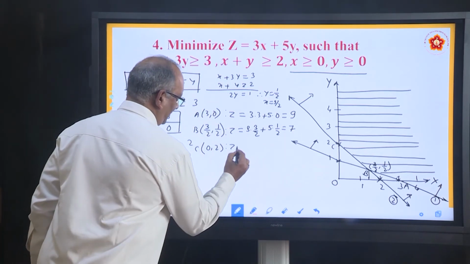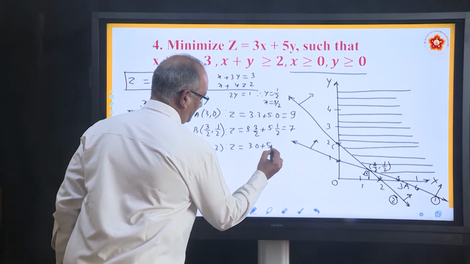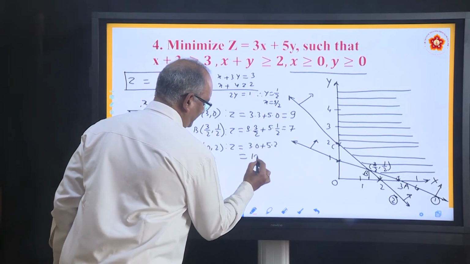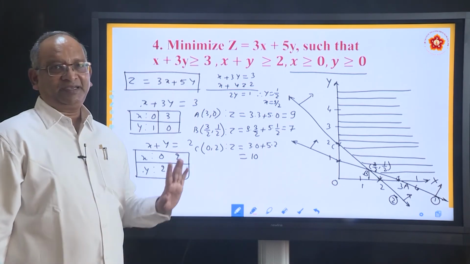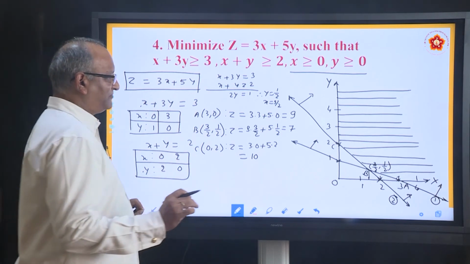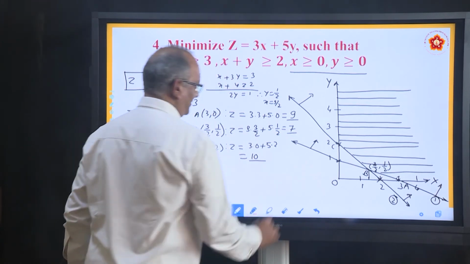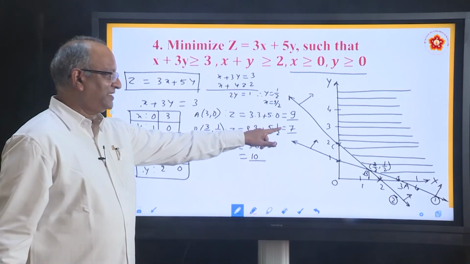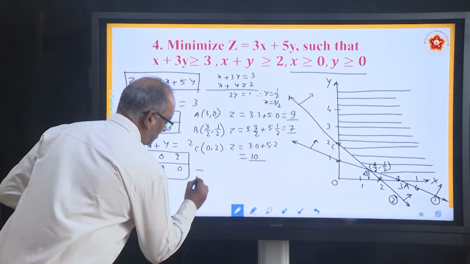Finally, z equal to 3 into 0 plus 5 into 2. How much? 10. What he wanted? He said minimize z. He didn't say maximize z. What is the minimum value of z? See, these are the three values, 9, 7, 10. So what is the minimum value of z? It is 7. So we will say z is minimum